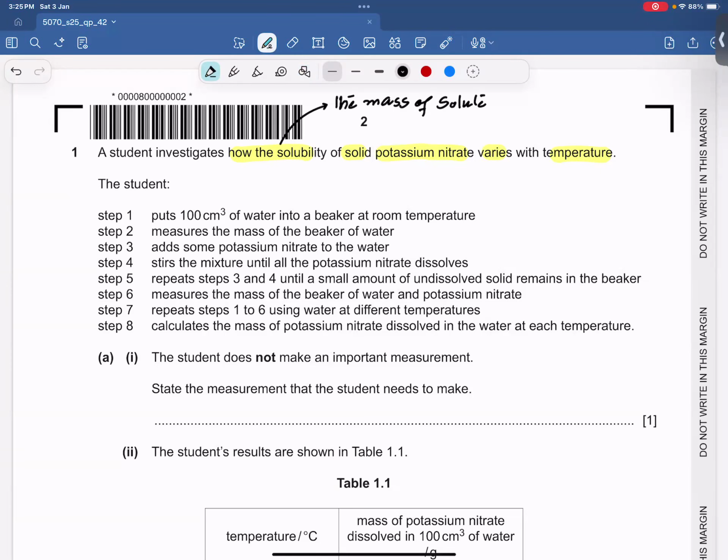Solute is basically the solid substance which is going to be soluble in water, or the one whose solubility we have to determine is called the solute. The mass of solute in gram